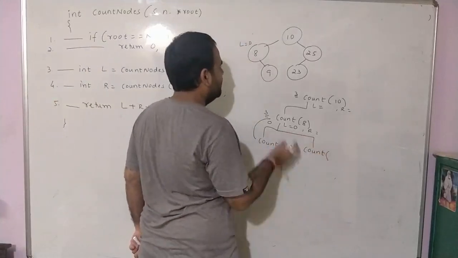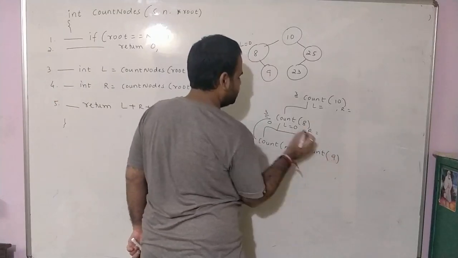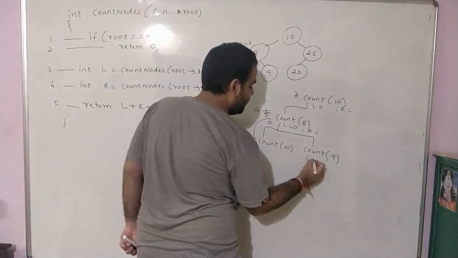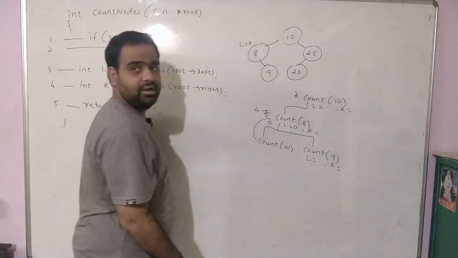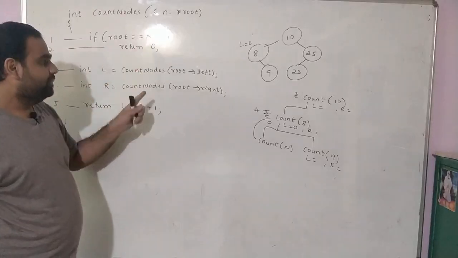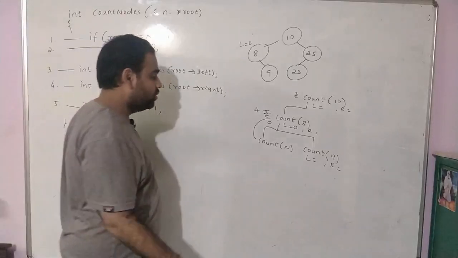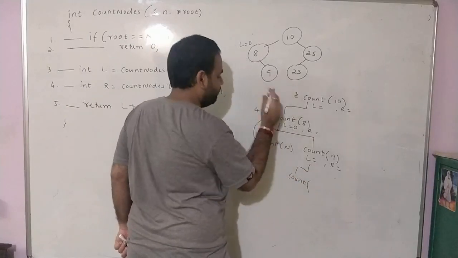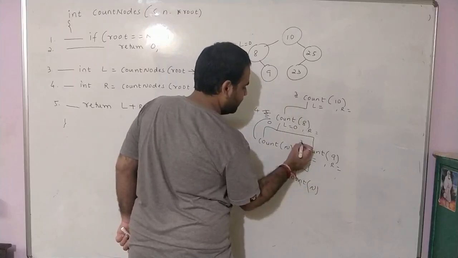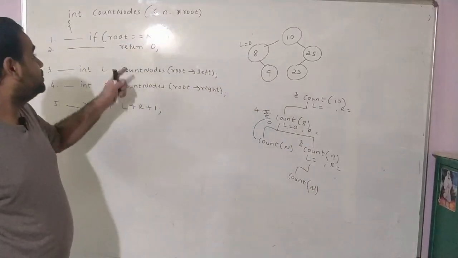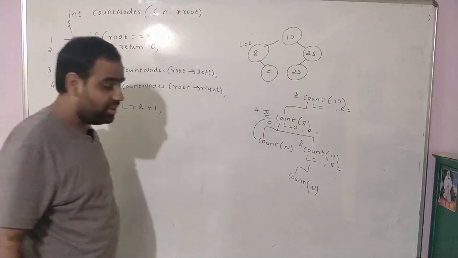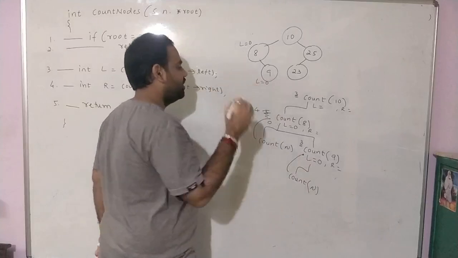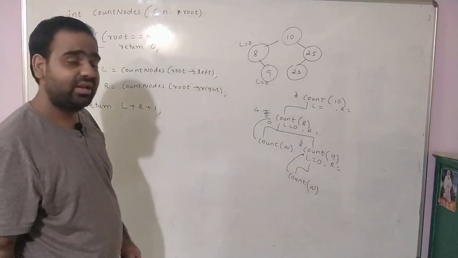Execute line number 4. It says count nodes of 8 arrow right, which is 9, and this we are calling from line number 4. And again there are two local variables, L and R. Now you check, is 9 equal to null? No. Again you call the function count nodes of root arrow left. Therefore you say count nodes of 9 arrow left. What is 9 arrow left? Null. And the return line number is 3. Now you check, is null equal to null? Yes, null is equal to null. Therefore you return 0 to line number 3 and it says the number of nodes with respect to LHS of 9 are 0.